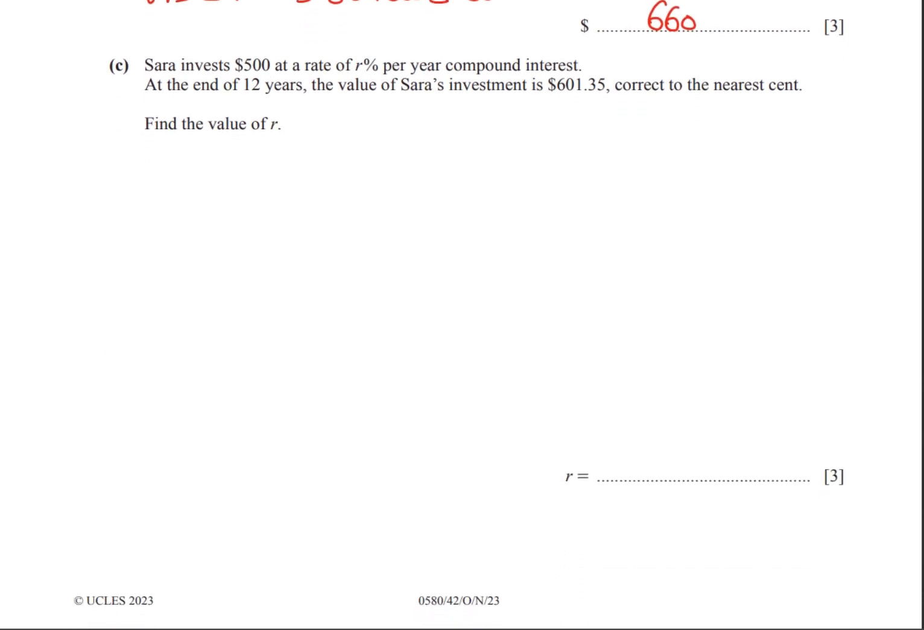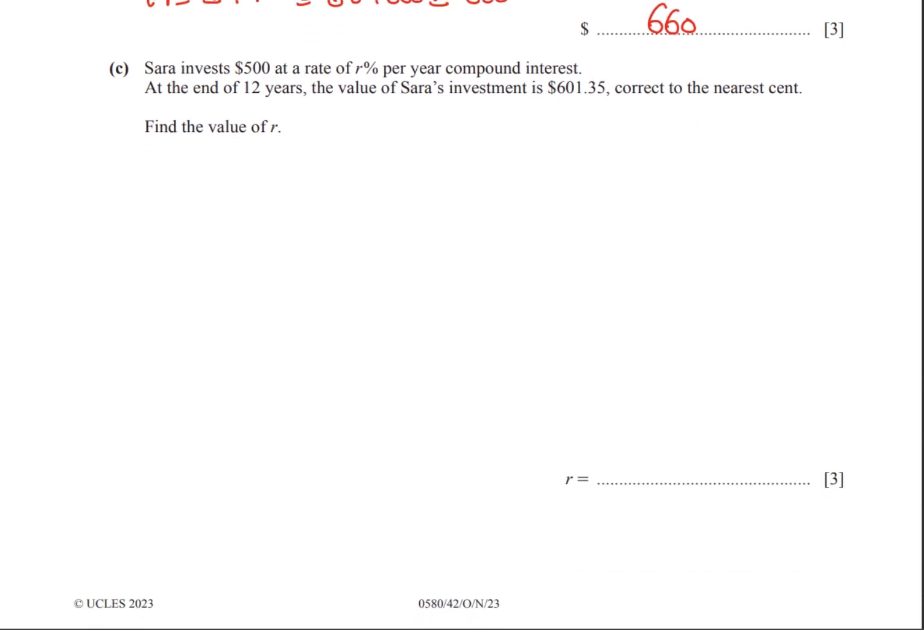Then another question, he's telling me, Sarah invests 500 at a rate of R, it is unknown, the rate is unknown, per year compound interest. So first, go to write the rule of the compound interest. A equal P (1 plus R), and we always divide by 100, over T. Okay, then